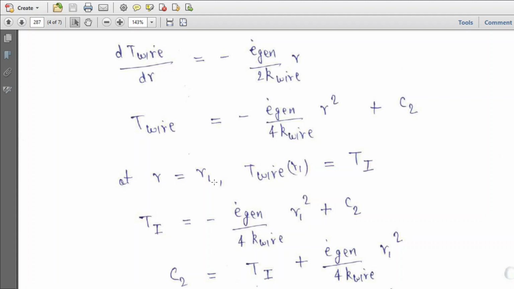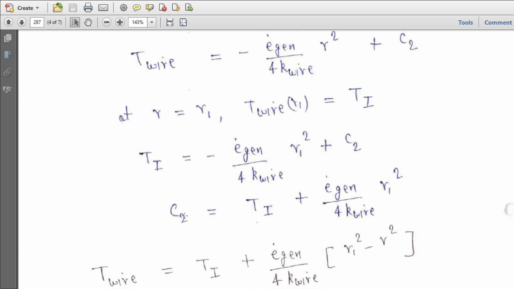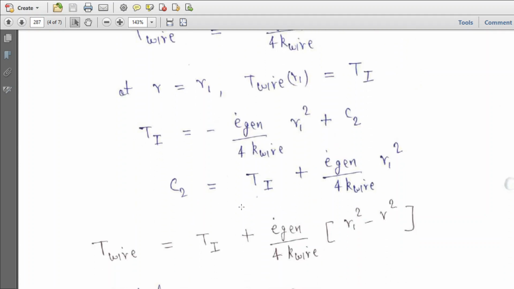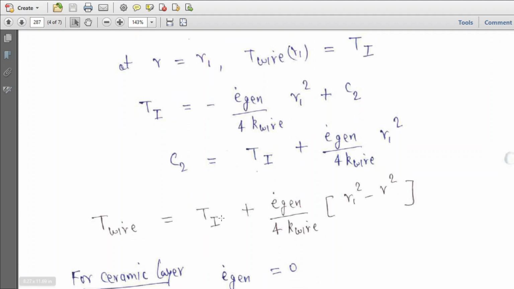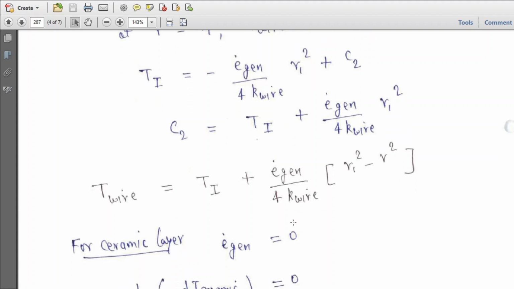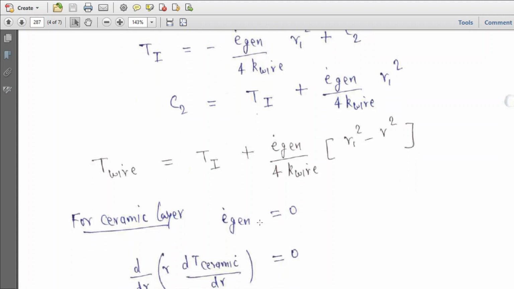Now at r equal to R1, T wire equal to Ti. So you can substitute here, and you will get the expression of C2 in terms of interface temperature. Now substituting that, you have T wire equal to Ti plus E dot generation upon 4k wire times bracket R1 square minus r square. Now for the ceramic layer, there is no generation of energy